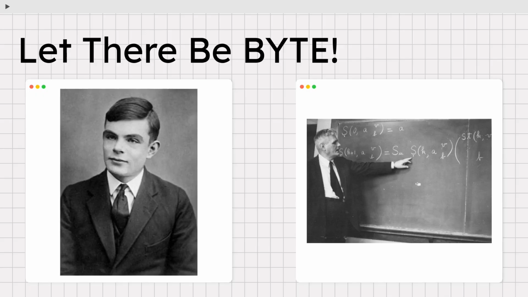And so in 1936, mathematician Alan Turing and his mentor, Alonzo Church, were trying to solve the same problem, also known as the halting problem. And they had this question, which was, given a function, a mathematical function, with an infinite number of inputs, can we tell if we're ever going to have a solution?